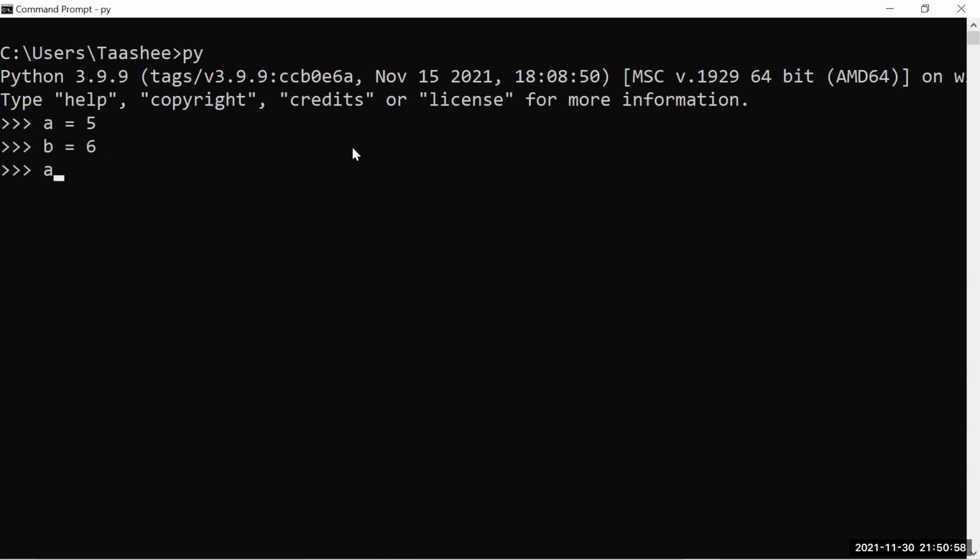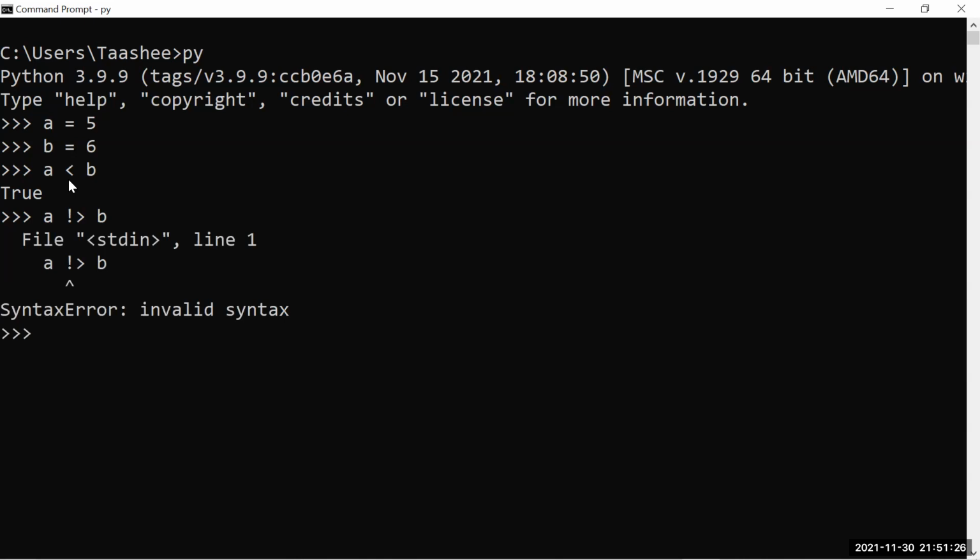If I say A is less than B, since it is true, it is going to return true, right? If I say A not greater than B, we have our own operator to refer to this particular statement, which is less than, which will return true or false depending on whether the less than is validated or not.